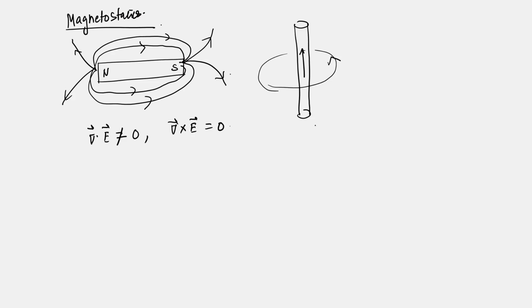But on the other hand, for the magnetic case, we have divergence of B equal to 0 and curl of B is not equal to 0, and it is equal to what we will see in just a while. So, it has properties very distinct from the electric field, but the important thing is that they both are valid vector fields,